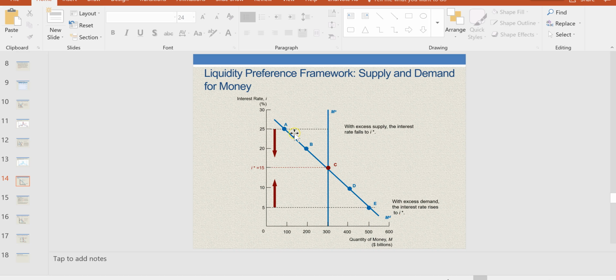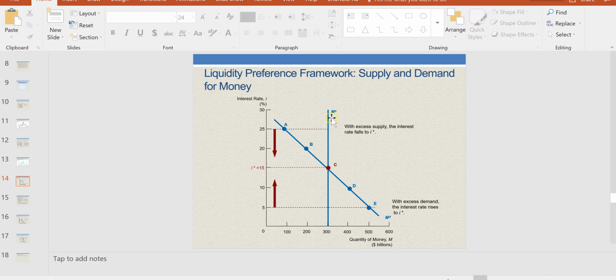The interest rate is basically the opportunity cost of holding money. If you hold cash, you lose the opportunity to save that money in the bank and earn interest. Hence the interest rate is your lost opportunity, and that's called opportunity cost. That's why we have a downward sloping curve. The higher the interest rate, the higher the opportunity cost of holding money, hence the less incentive you have to